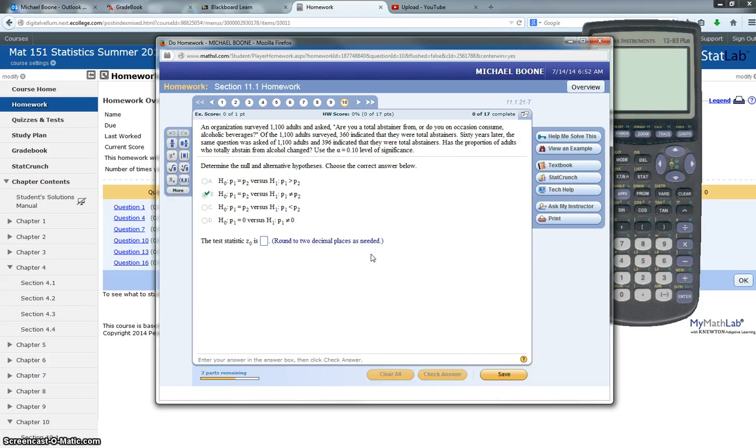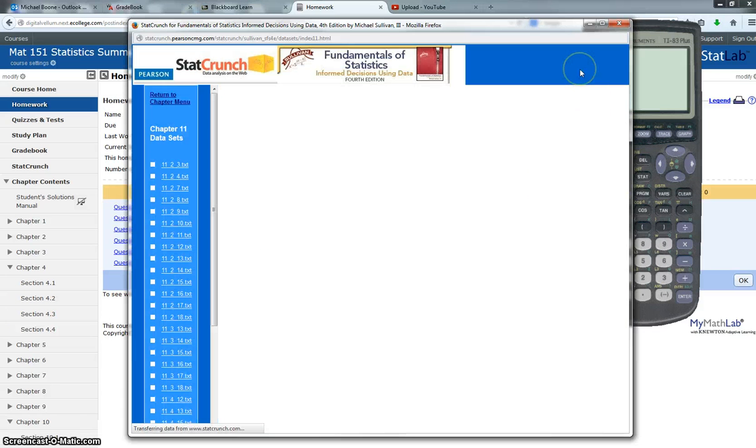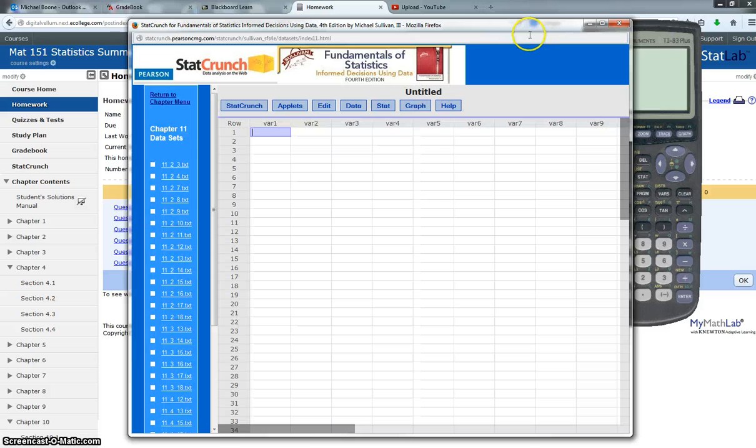And now we have to get the test statistic. Again, we're going to use the p-value approach to make our conclusions, or how I'd like you to do it. But to find the test statistic is pretty easy. We're going to go to StatCrunch and put in our numbers. We have 360 out of 1,100 and 396 out of 1,100. And our alpha is 0.10. So if we go to StatCrunch, go into the same spot for proportions,